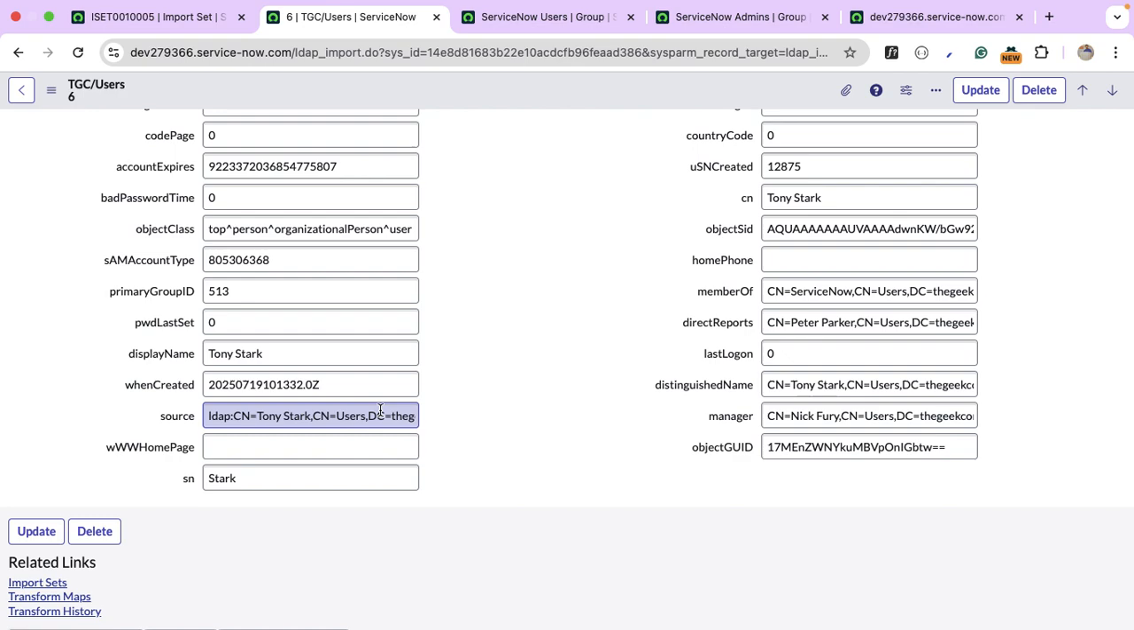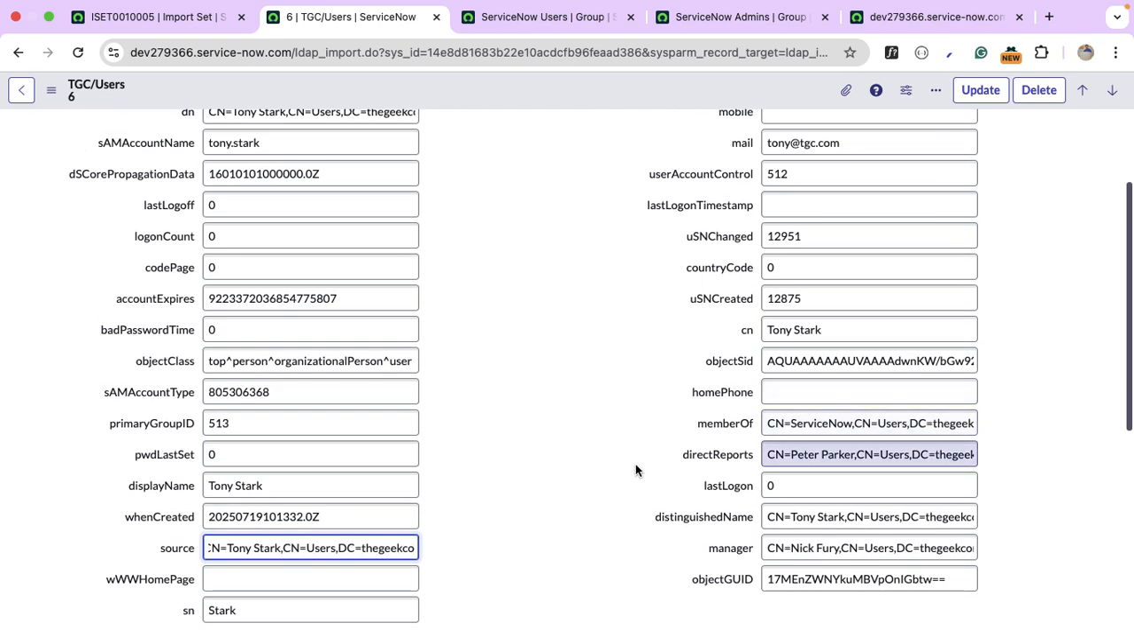for, see, there should be a member of thing. The manager is also not correct. We need to fix all these things. Manager is also broken. You see, the Tony Stark has manager, but if you open Tony's record,